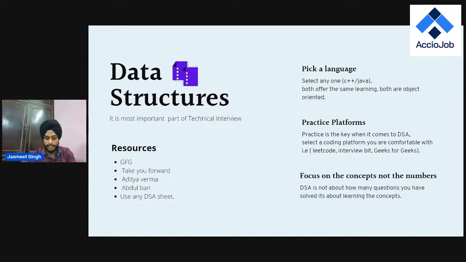Another question that I have is whether DSA is important for a front end role. As I said, DSA is asked in every interview, right? DSA is the main part that is the focus of a technical interview. For a pure front end role, that high level DSA is not required, but having intermediate knowledge of how data structures work and what the algorithms are will be a benefit for you. In a front end interview, the main focus is on your front end concepts, so you should practice them more.